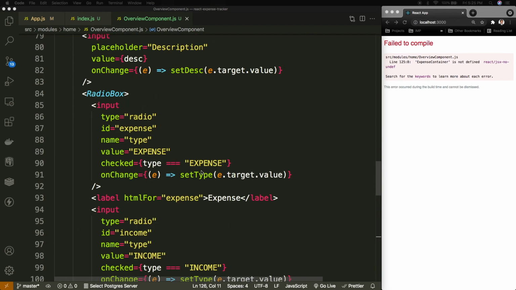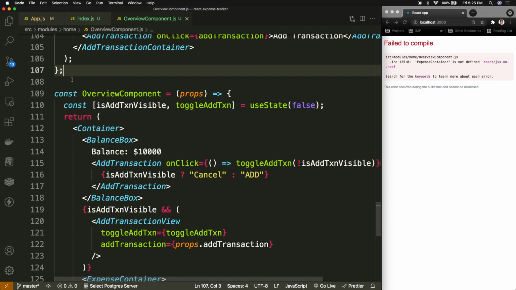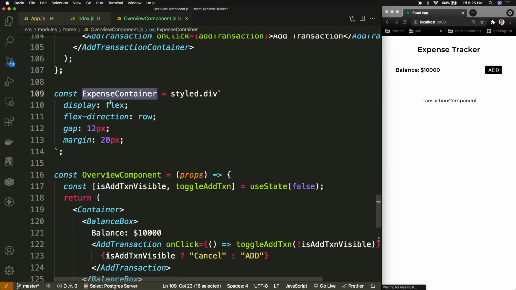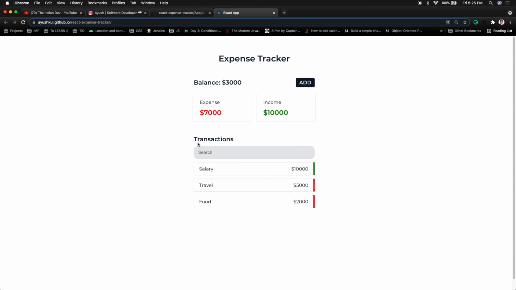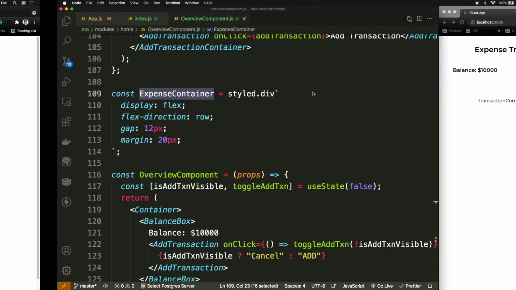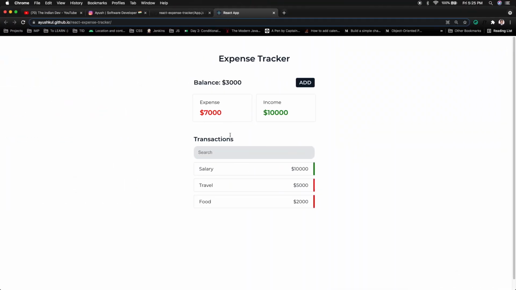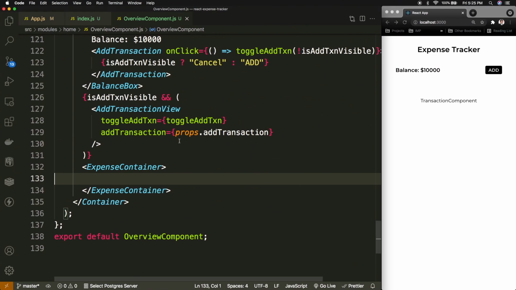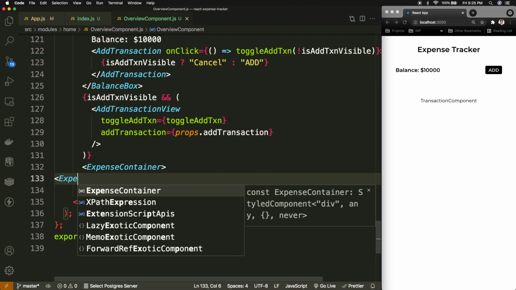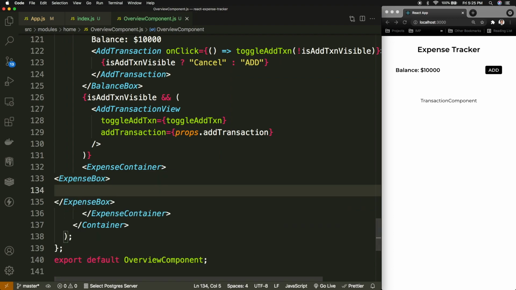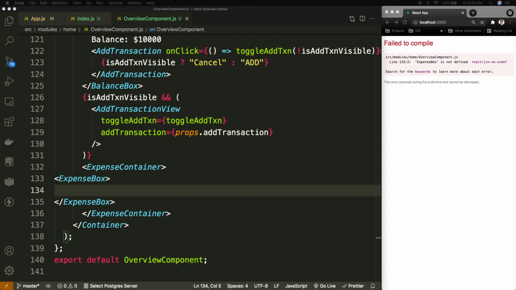And for that I can create some styling here for the expense container, which is simple, like flex row, because you can see that we need them as a column. And these are the simple properties. Inside this I can create two boxes, one for expense and one for income. Maybe I can write it as expense box, and inside this expense box we can simply write